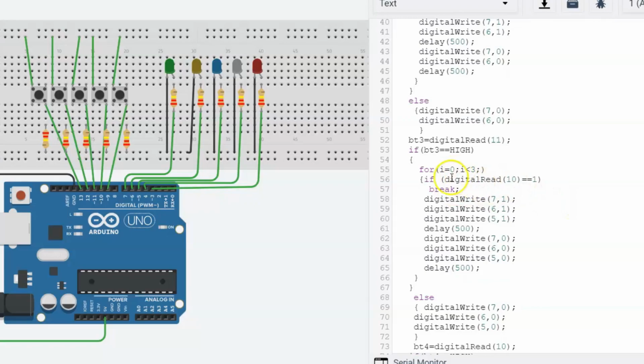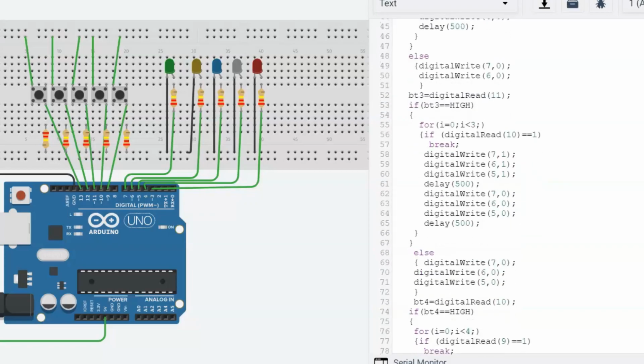So like this also you can give a loop. In the above loops I have used a while loop. Now here I have deleted the update statement, so this will become an infinite loop. In this also we will check if digitalRead of 10 equals 1, then this loop will terminate, otherwise it will keep working as an infinite loop. So all these 3 LEDs will keep on blinking.